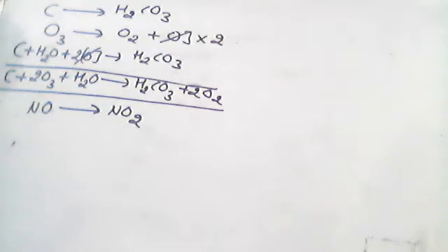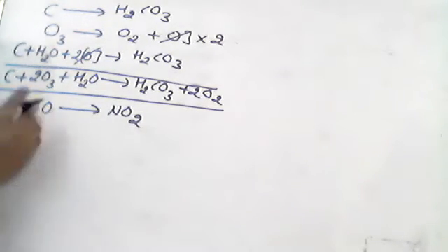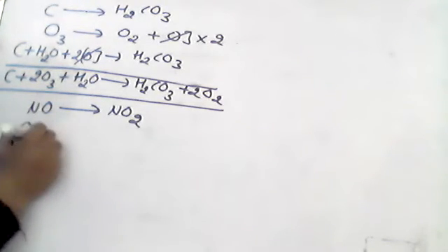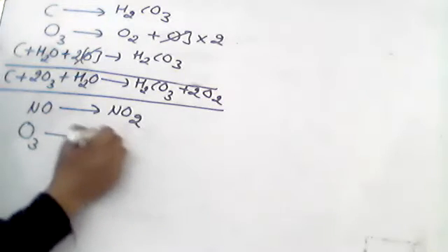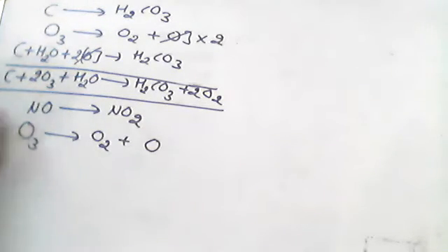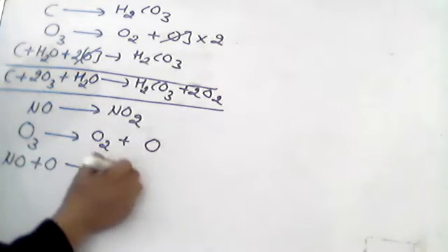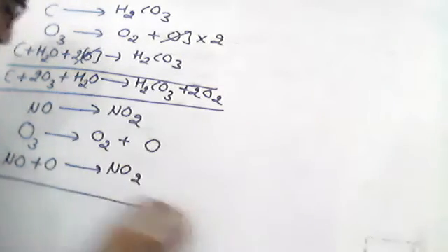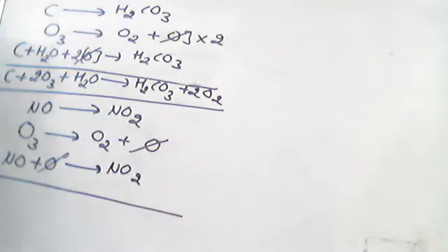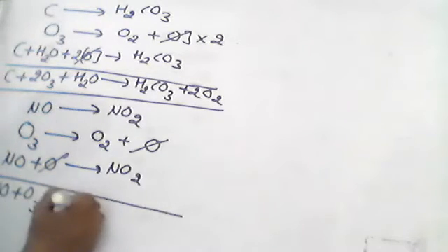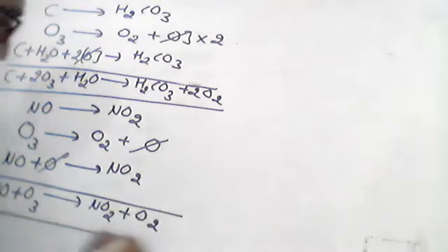Directly, if you want, you can do it in one line also. And I'm splitting it up so that the concept becomes better in your mind. Nothing more than that. Just like O3 gives O2 plus nascent oxygen, here I will get NO plus nascent oxygen, which gives NO2. In this you don't need to balance anything. O and O will cancel out, and I will get the overall reaction: NO plus O3 gives NO2 plus O2.